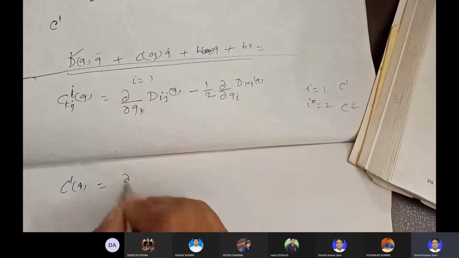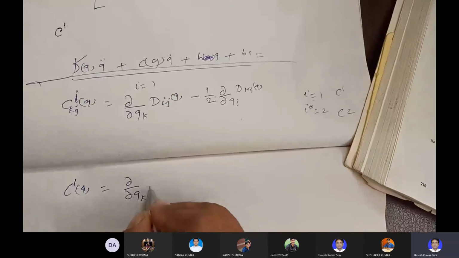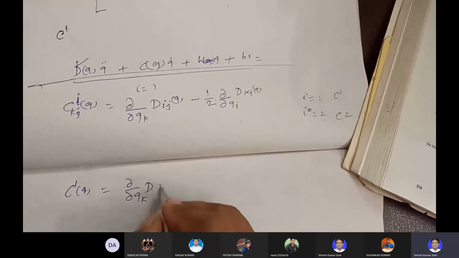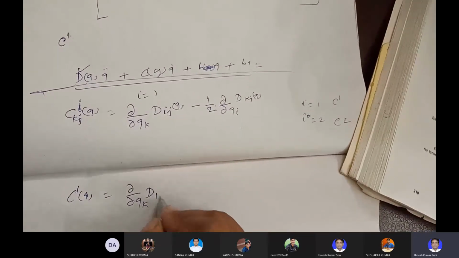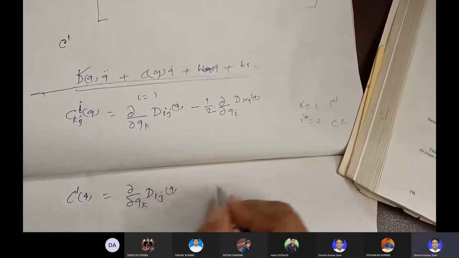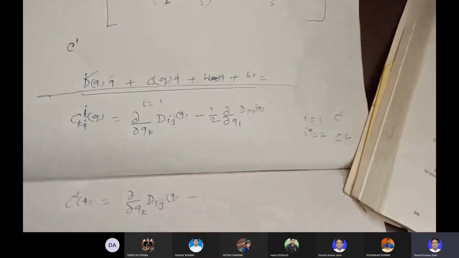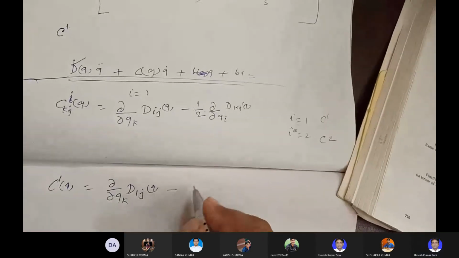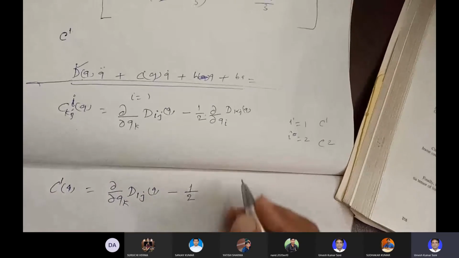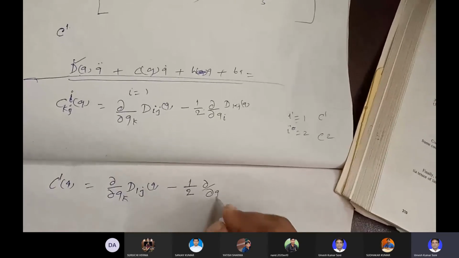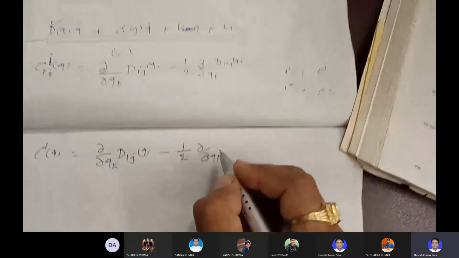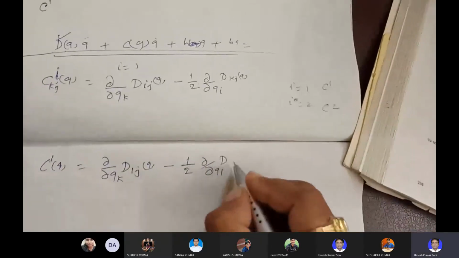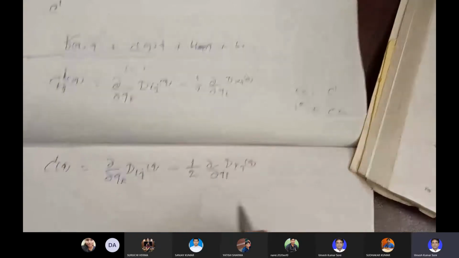Here you can keep del upon del q k. Yes, sir. Del upon del q k. I here you will keep 1 j. Okay, and here you have 1/2 del upon del q 1, I equal to 1 here. Okay, दिख रहा ना, and kj cube. Now you see that now